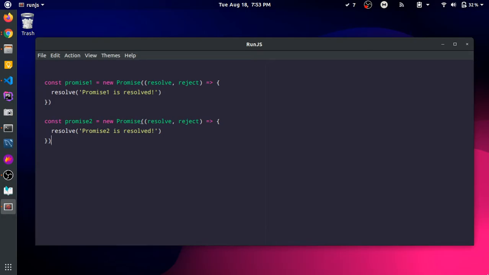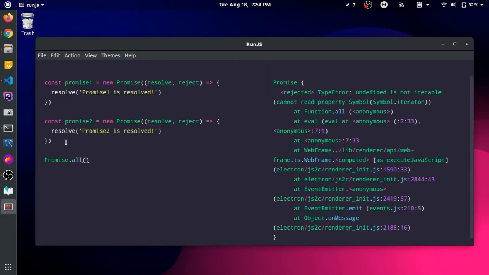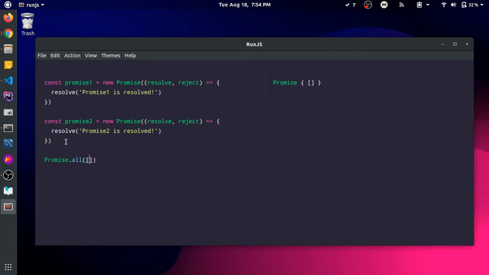here, and both of these promises, as you can see, resolve right now. Okay, so both of these promises are resolving, and now we will be writing Promise.all over here, and how it works we will be seeing right now. So we will be writing Promise.all, and this method accepts an array of promises, so we'll be passing an array over here, and we'll pass both of these promises over here, that is promise1 and promise2.